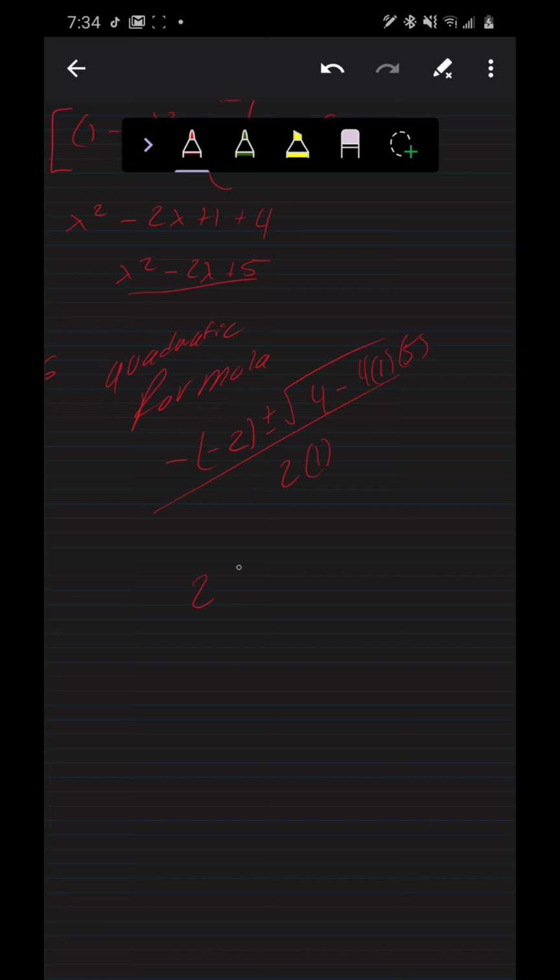So it's going to be 2 plus and minus, and this is going to be negative